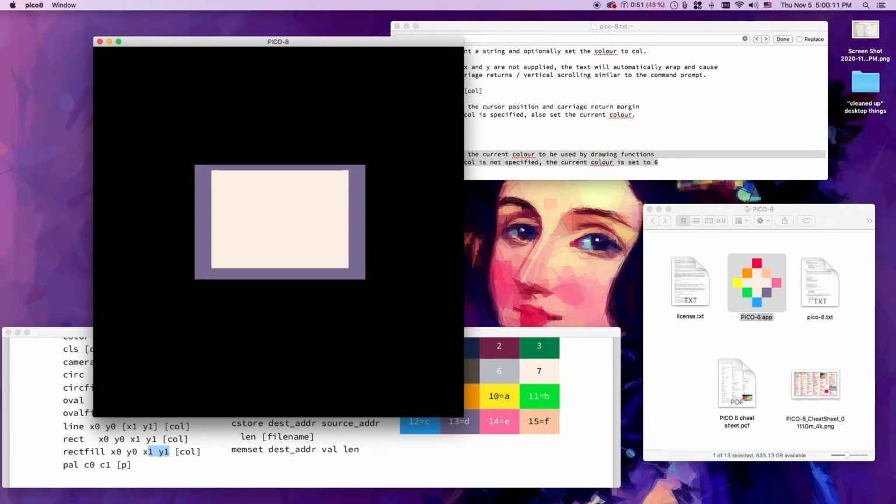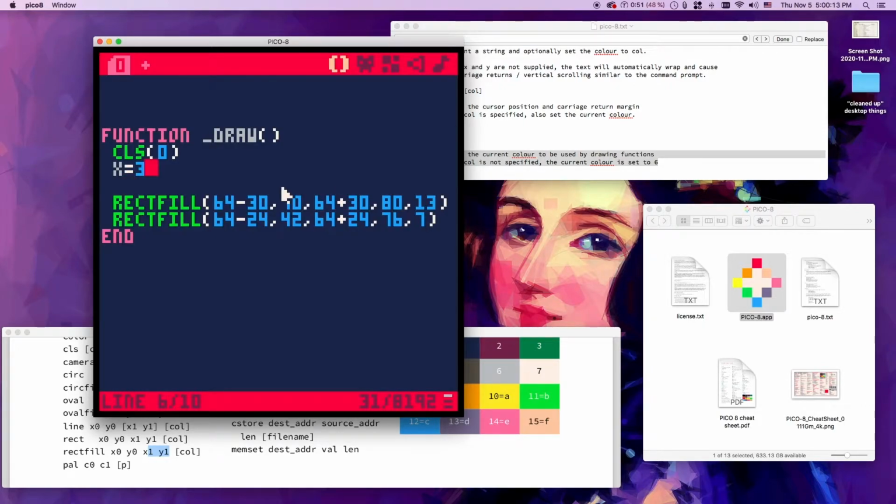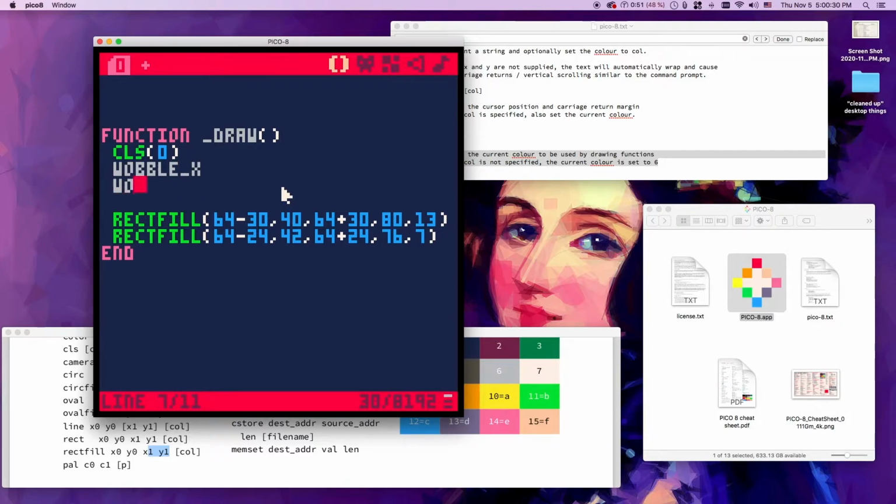All right, so let's create a wobble. Actually, let's make it more realistic in the world, because we have both x and y. So let's do wobble x and wobble y, and both of these are going to be a random number from